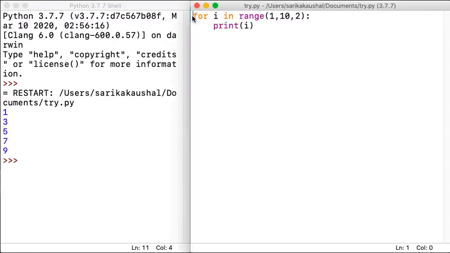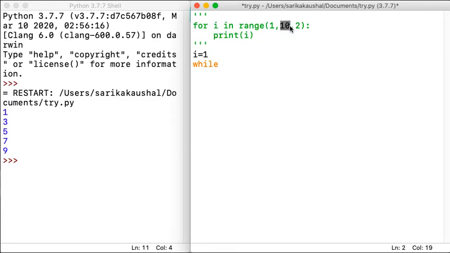So just have a look. I am just trying to tell you what if I want to write the same program using the while loop, and how you can compare both. Just remember, take a counter, that is i, and assign the initial value. So the starting value is 1. What is the ending value? Now how is 1 related to the ending value? That will be your condition. So my condition is i is less than 10.